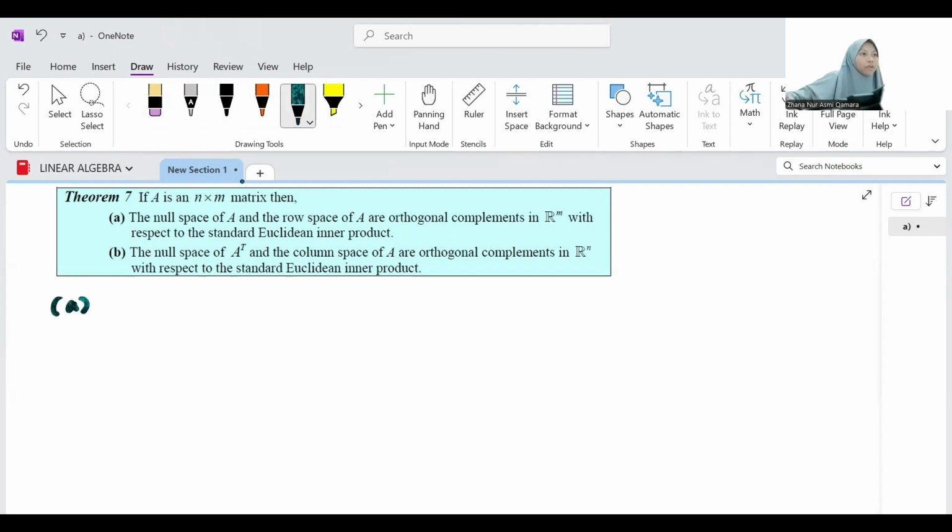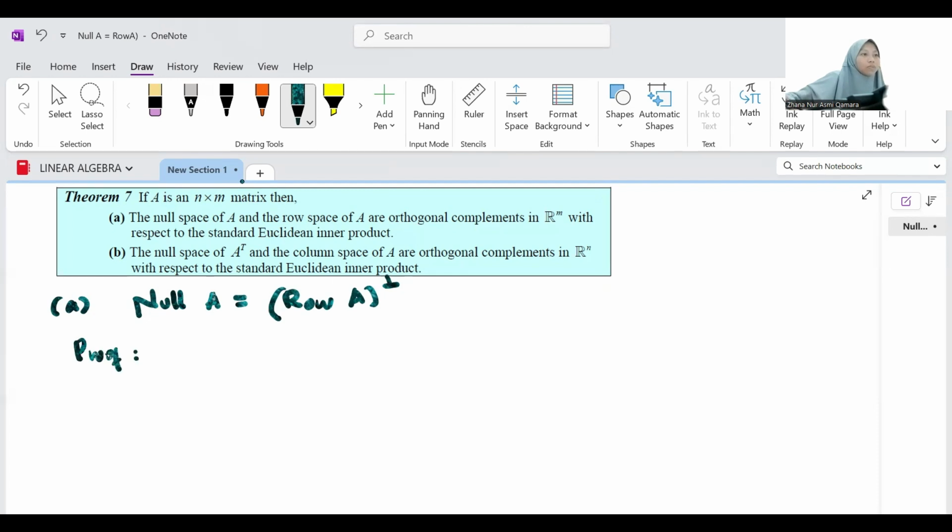So, point A first. We want to prove that the null space of A and the row space of A are orthogonal complements. So we can write it as the null space of A equals the orthogonal complement to the row space of A. So first,